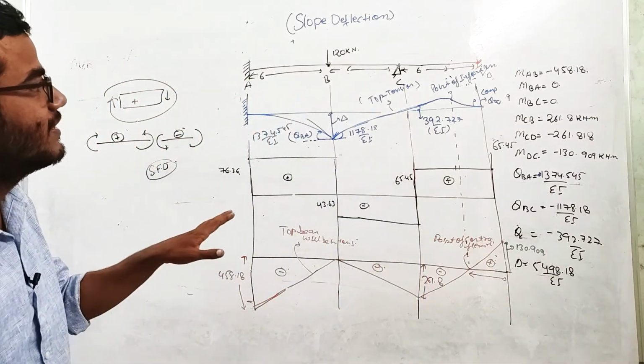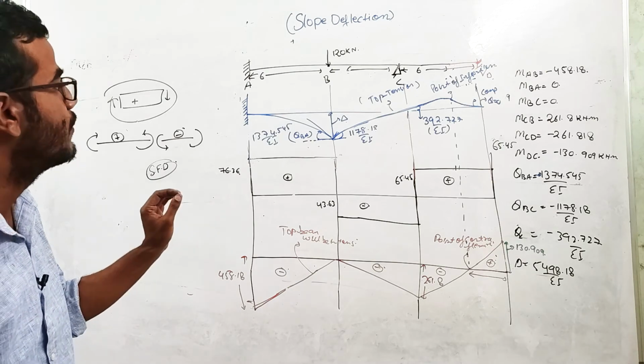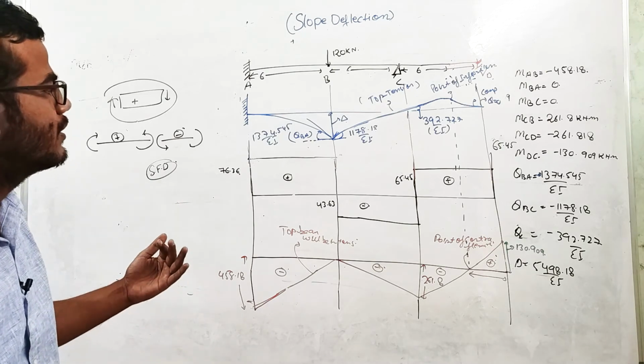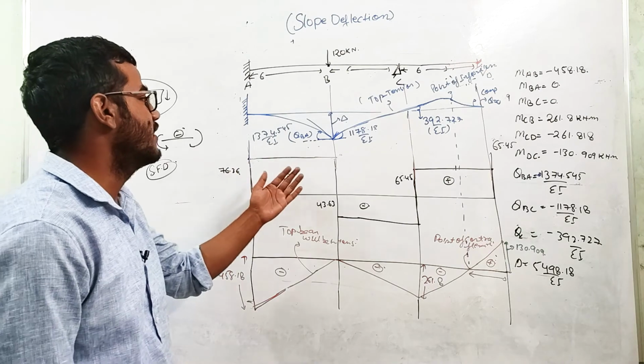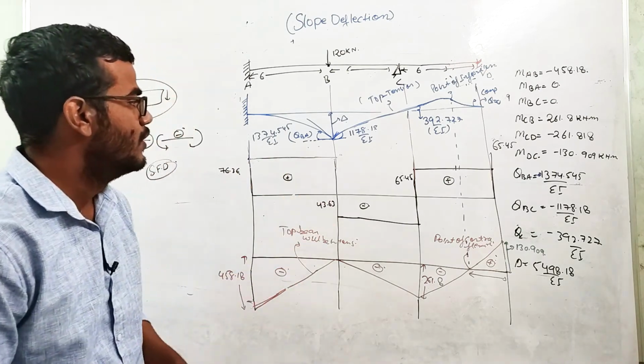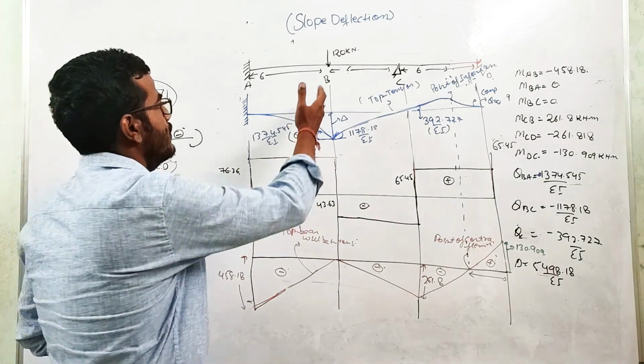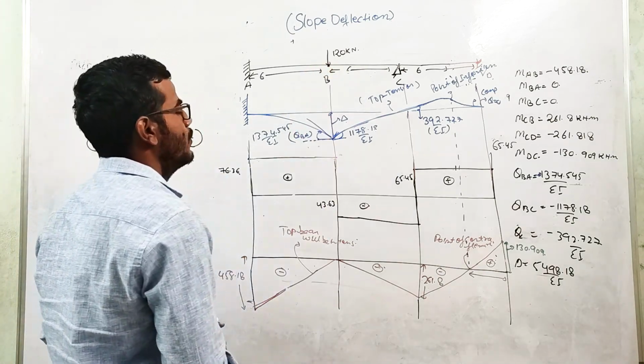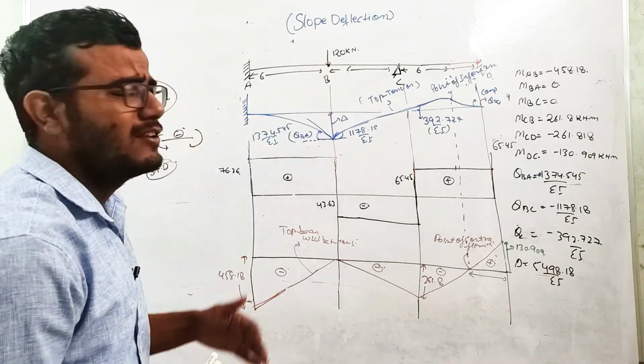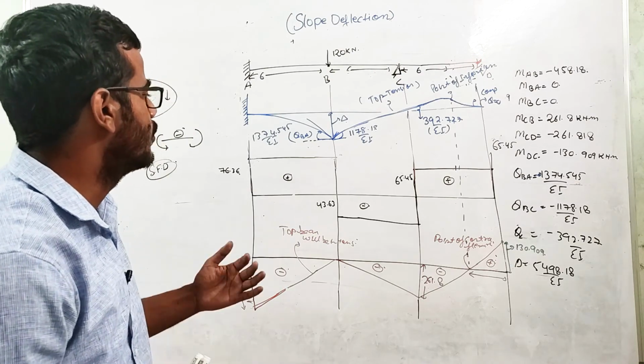So this is basically the deflection diagram of this beam, where we have followed all the boundary conditions, where theta is negative, positive, we have considered all those things. Okay, so this is the complete analysis of this problem where this 120 kilonewton load is acting. Okay, so you can find this problem in many books. Okay, so this is a good problem.